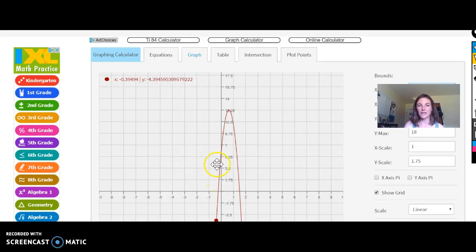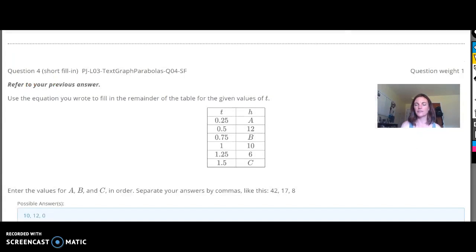But I would think that the other important pieces of information here are that we're going to have our vertex up here at about 12 1/4, 12.25 or so. And that's going to happen at just under a second. Okay, so when we go look at that table, the values should correspond. If I were going to plot these points here,